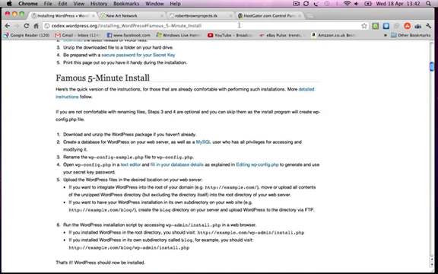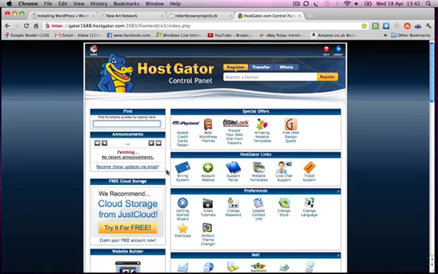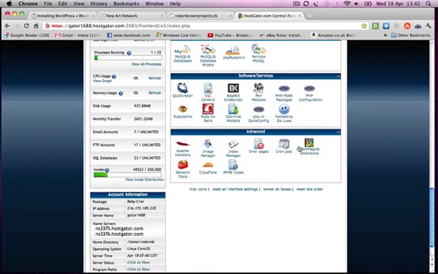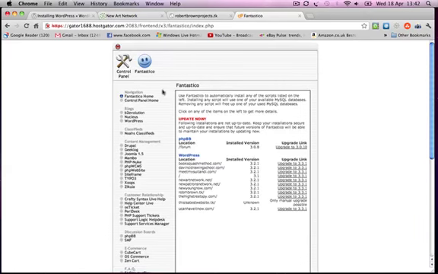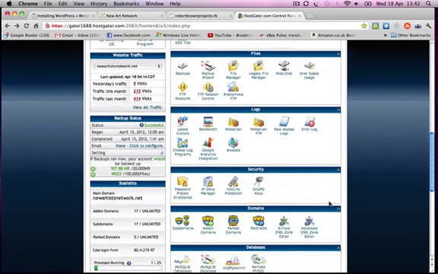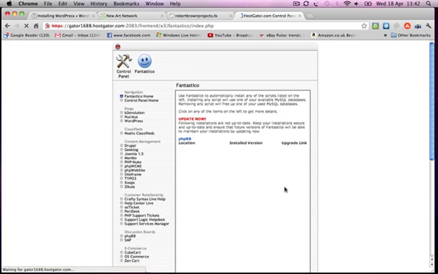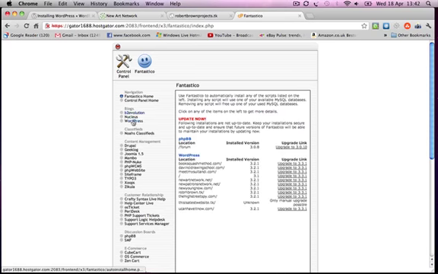But we're gonna go for a famous 5-second install, because we've gone with a decent hosting. They have these apps that make it just one click to install WordPress. So we go to these apps, software services, Fantastico Deluxe. We go to WordPress,